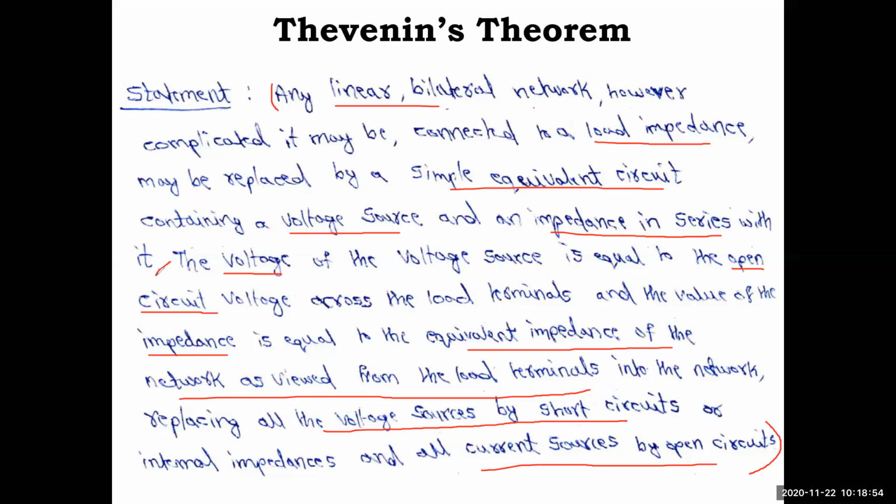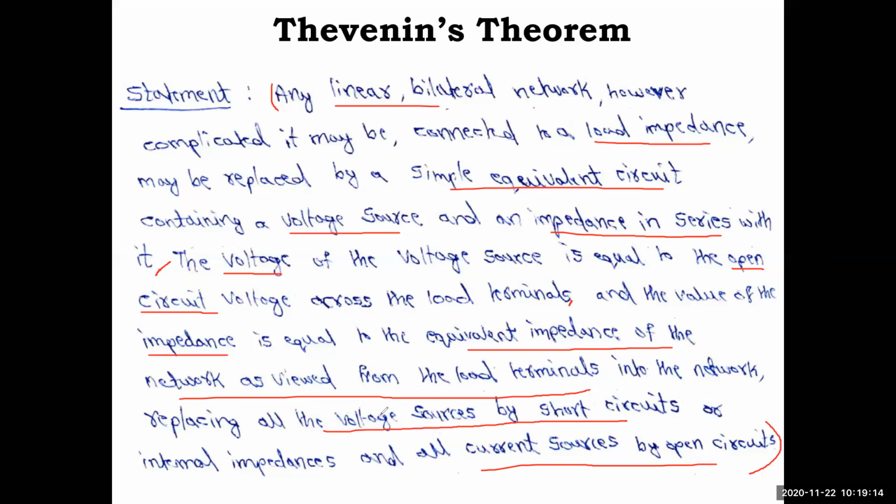Okay, second part: how are we going to find this value? The voltage of the voltage source is equal to the open circuit voltage across the load terminals. That is the voltage part. And the value of the impedance is equal to the equivalent impedance of the network as viewed from the load terminals into the network,